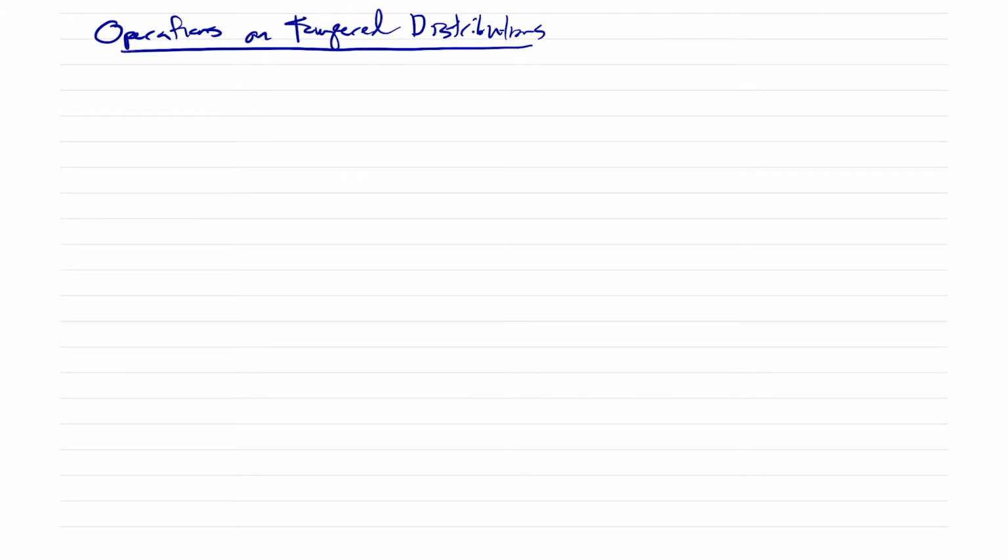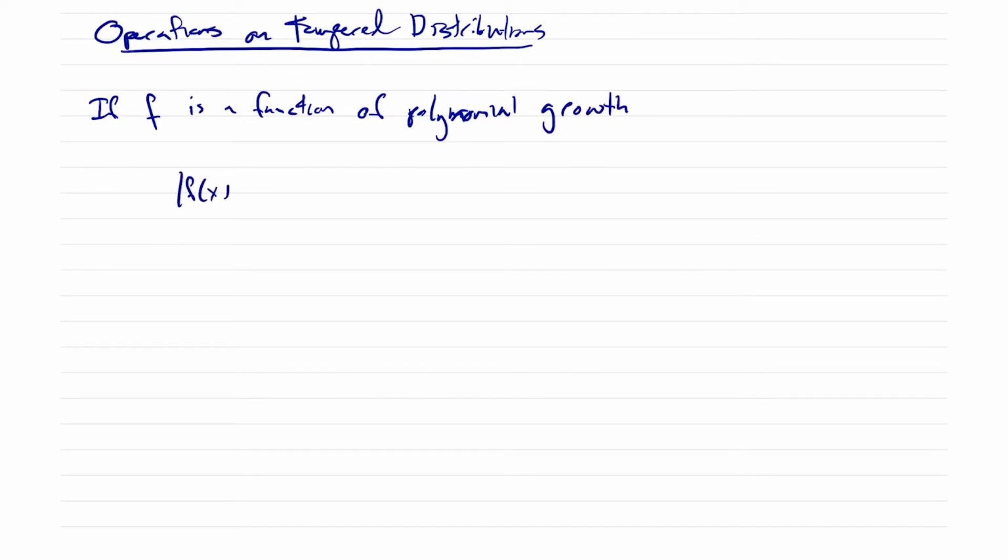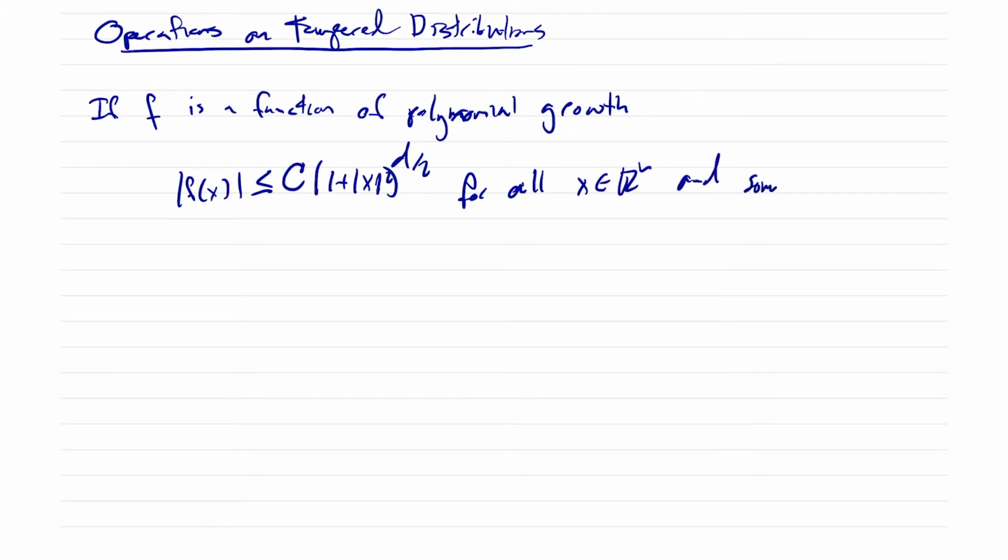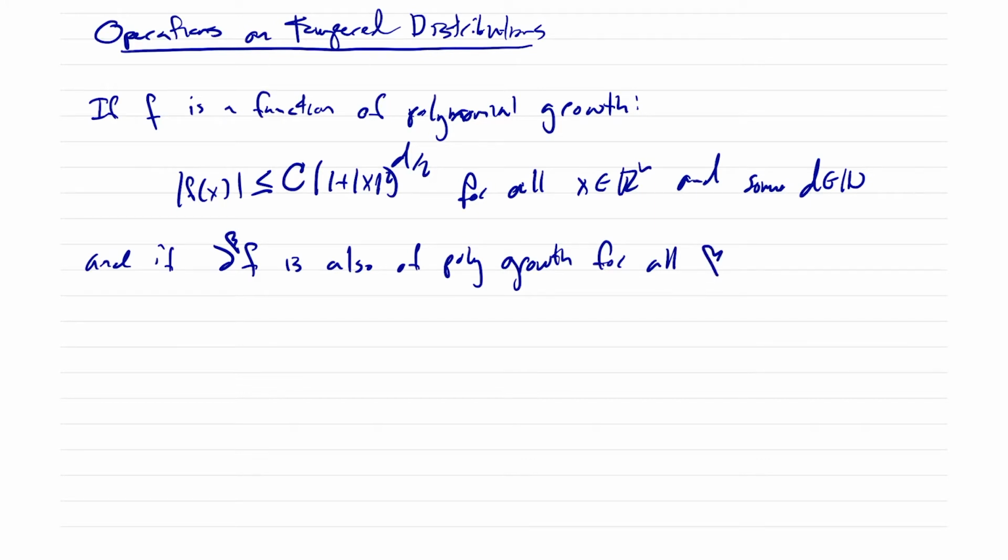So last time what we said is that if f is a function of polynomial growth, which basically means that |f(x)| is less than or equal to C times (1 + |x|^2)^(d/2) for all x in R^n and some d in N, and if D^β f is also of polynomial growth for all multi-indices β,